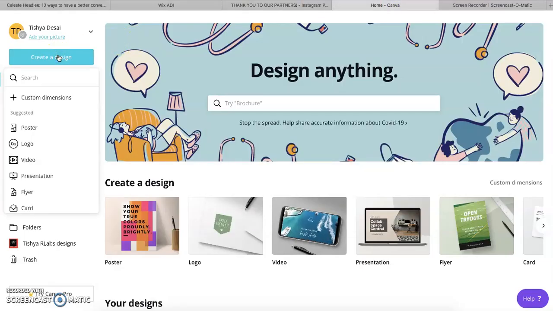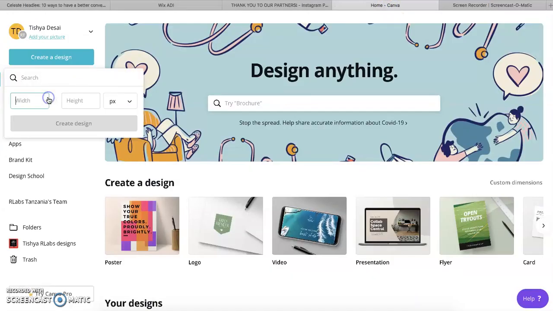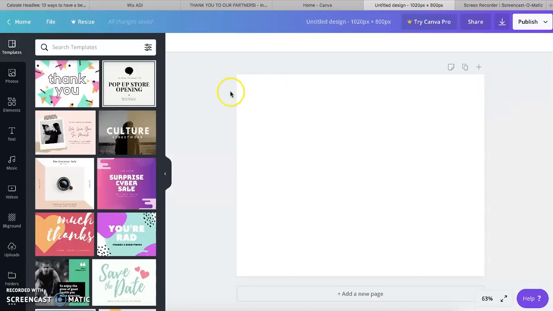So I'm going to go create a design, and we can see that this is a little bit less than a square. It's a little bit more rectangular shaped. A normal Instagram size would be 1020 pixels by 1020 pixels. But because it's a rectangular shape, we want to reduce the height a little bit. So I'm going to make the height 800 pixels. And so that when I click Create Design,